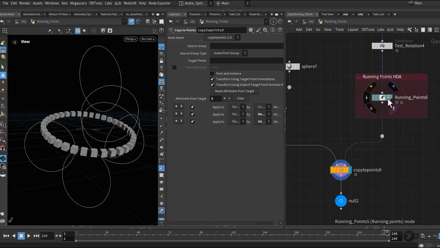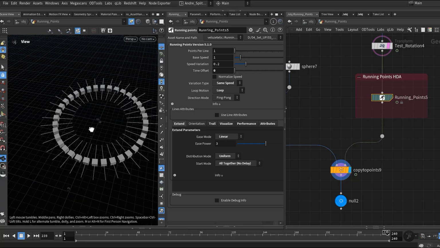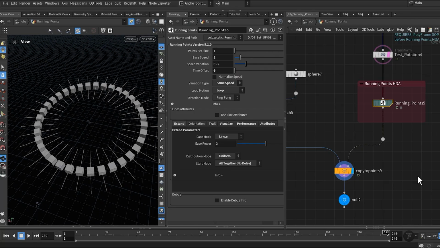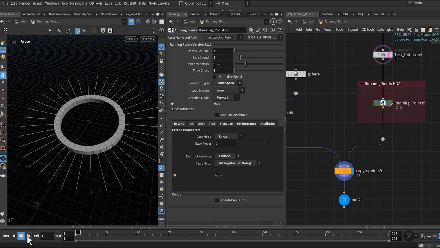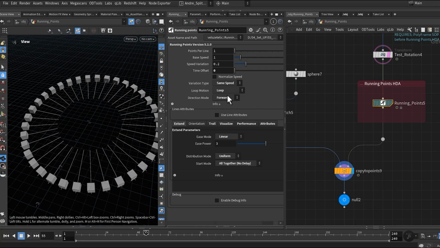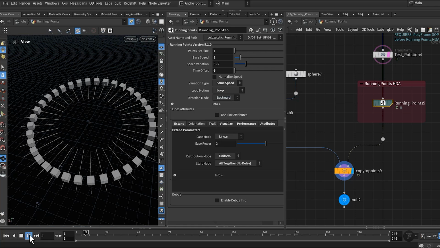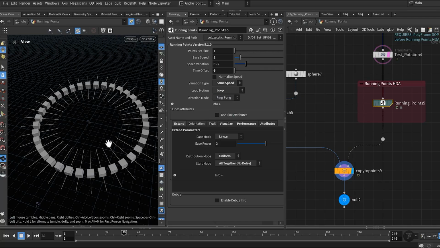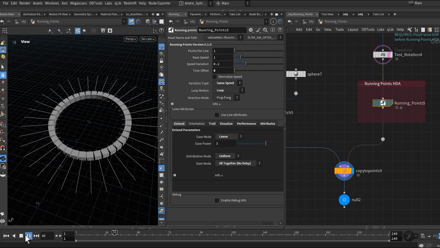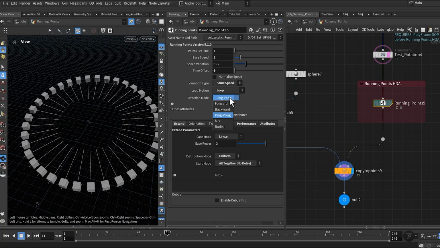Let's go back to our ring. Okay, direction mode. There are several direction options you can use. Only forward, backward, ping pong, mix.